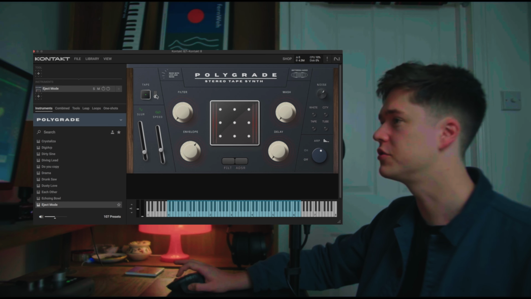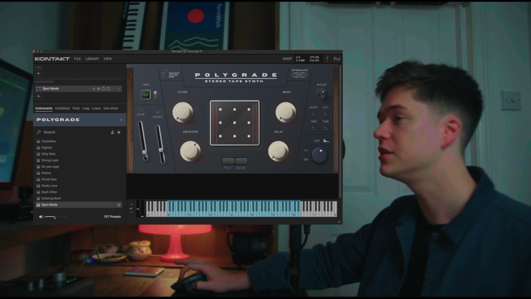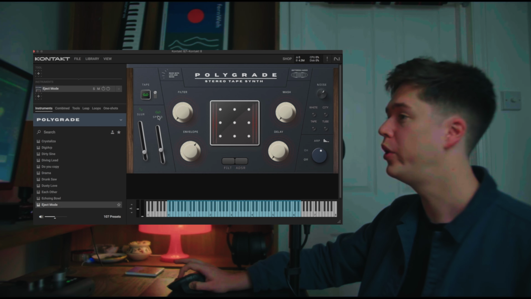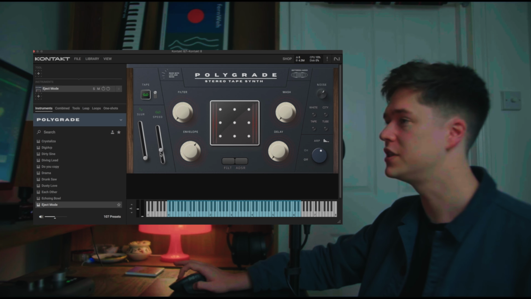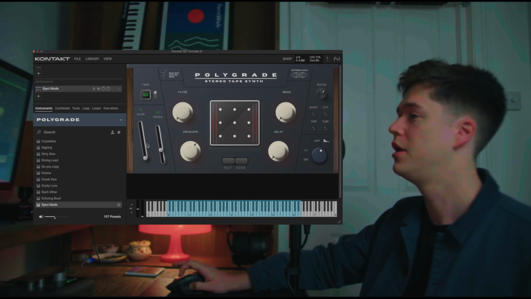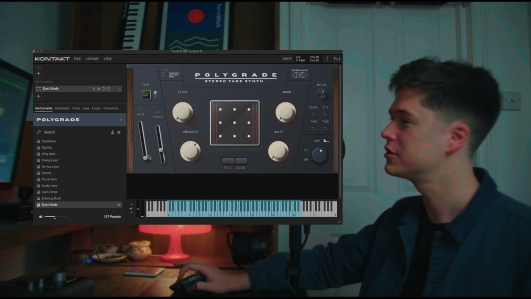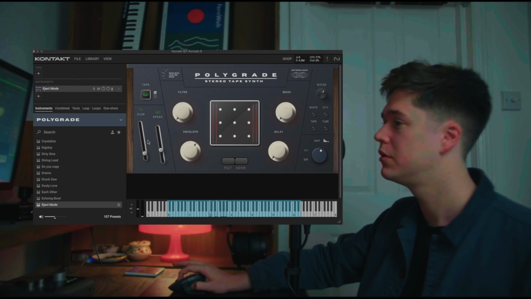Over on the left-hand side of the screen, we've got the detune controls. First of all, you just enable them by clicking this tape knob up here. Then you can control the amount of detune using this slider on the left and the rate of it using this one on the right. So if I put it to nothing, it still doesn't necessarily sound clean because obviously we've already put it through all that analog equipment, but this is just adding a little bit extra in the box. So as I turn this up,